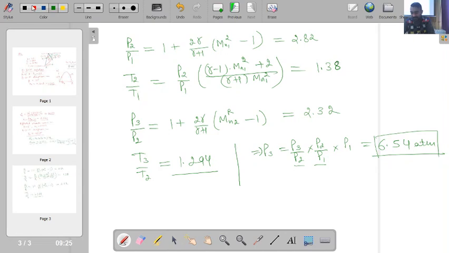Similarly, I can calculate T3 as T3 by T2 into T2 by T1 multiplied by T1, which comes out to be 932 Kelvin over here. And then one last part is left, which is I have to calculate the value of